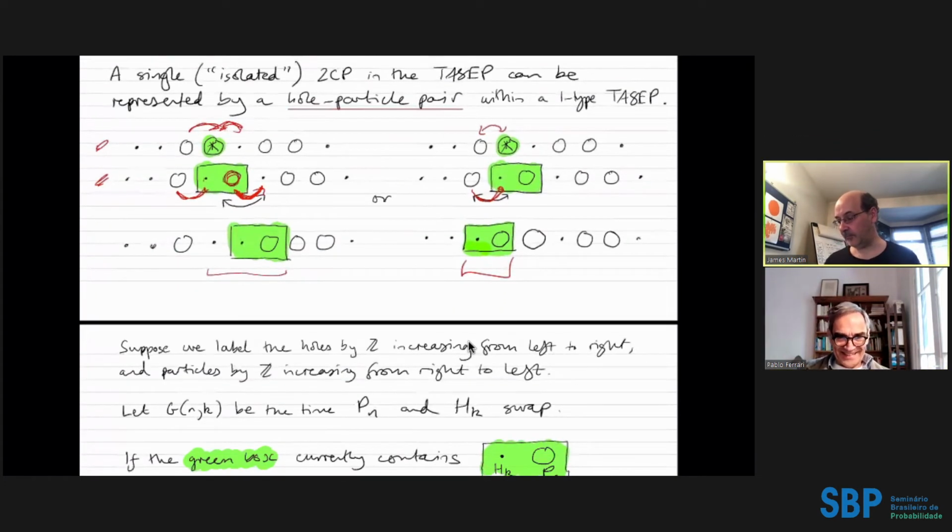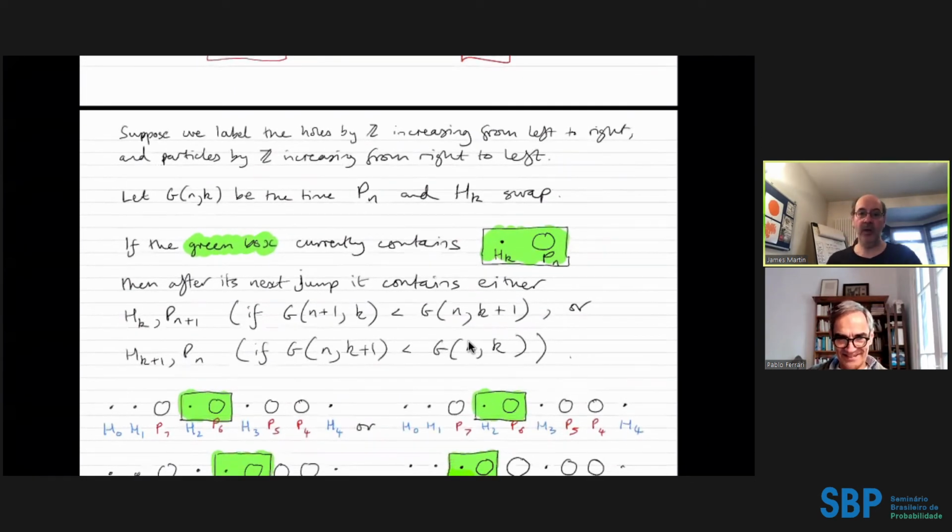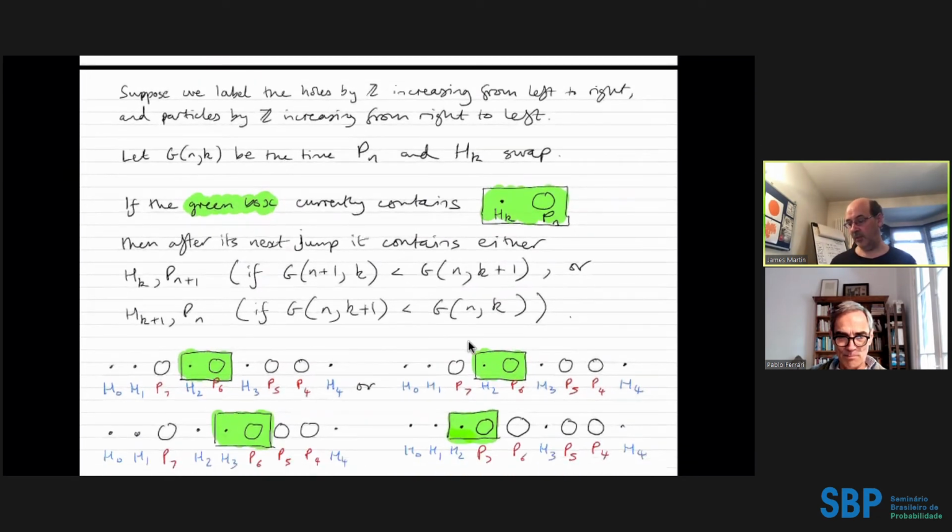So the key idea now is that we can again label our holes by Z increasing from left to right, and we're going to label our particles by Z increasing from right to left. So we have something that looks like what we've got at the bottom here. So I've got the particles labeled in red and the holes labeled in blue like that. So this green box, this whole box, which represents a second-class particle, is going to cover hole K and particle N